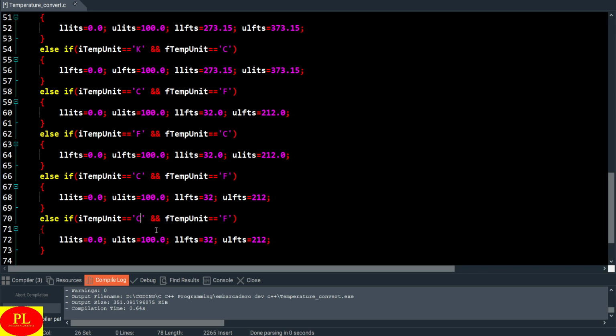Else if the initial temperature unit is Reaumur and the user wants to convert it into Celsius, in this case we will just reverse the limits. So the lower limit of the final temperature scale is 0, the upper limit of the final temperature scale is 100, the lower limit of the initial temperature scale is